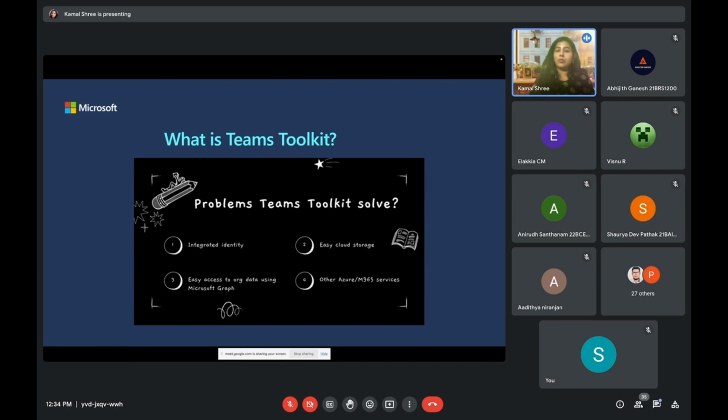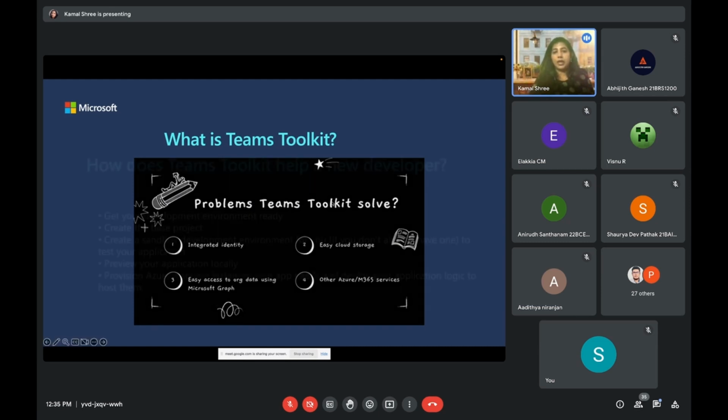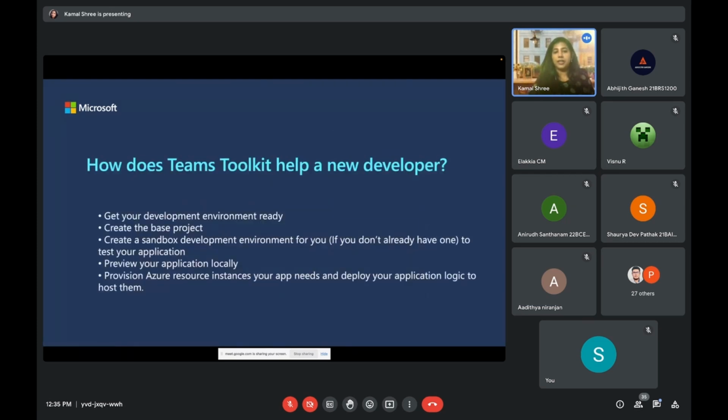So if there is an IDE or a toolkit that's going to serve all this purpose, it's going to make my job easy. Or else I'll be stuck with the entire code the entire day and forget about the functionality. So Teams Toolkit is the best friend when you're actually building Teams apps. So in the bootcamp, you'll also get to know why you're using Teams Toolkit.